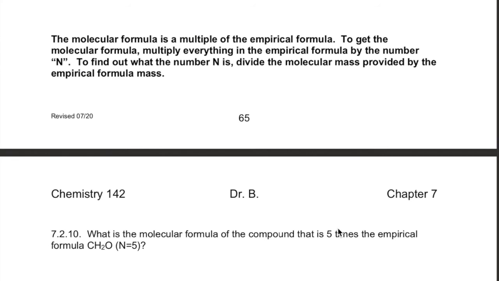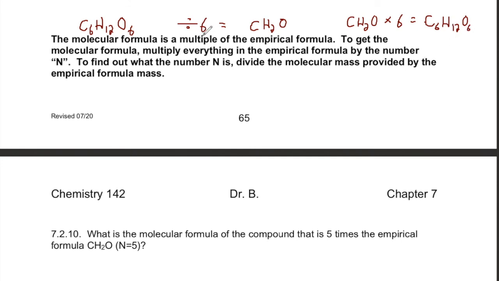All right, let's take a closer look at the relationship between molecular and empirical formula. Remember that the empirical formula is the simplest ratio of elements in the molecular formula. So before we were looking at the molecular formula of glucose, and then to get to the empirical formula, we essentially divided everything by 6. 6 divided by 6 gave us 1, 12 divided by 6 gave us 2, and so on. So the molecular formula is a multiple of the empirical formula. CH2O multiplied by 6 would give us the formula for glucose,